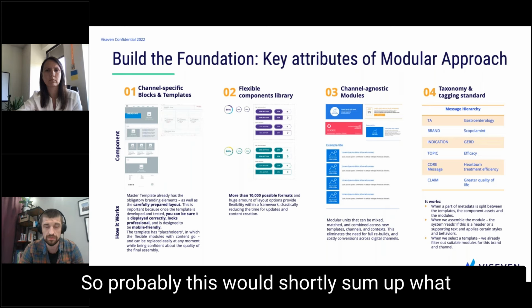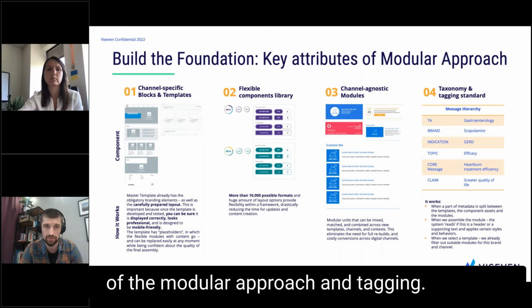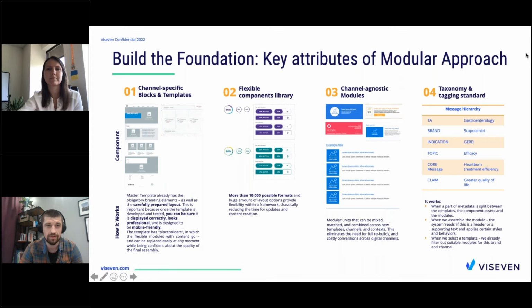So probably this would shortly sum up what I have in stock in terms of relation of the modular approach and tagging, but let's follow along, I guess.